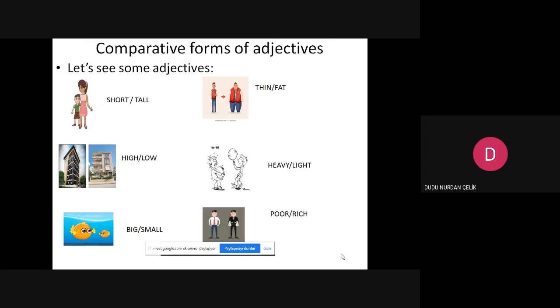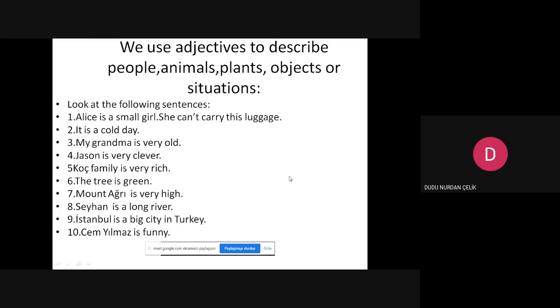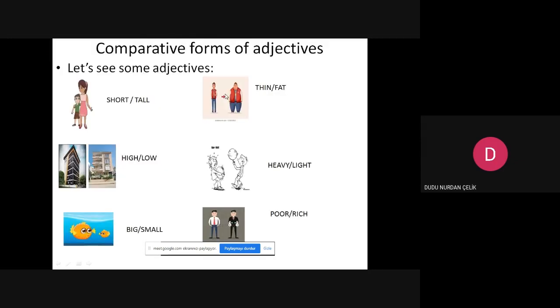Comparative forms of adjectives. But before adjectives, let's explain what an adjective is. We use adjectives to describe people, animals, plants, objects, or situations. How?